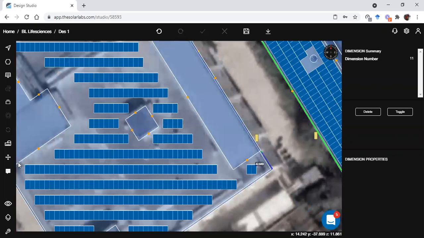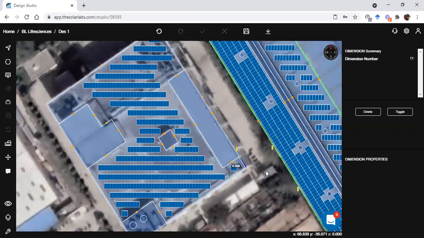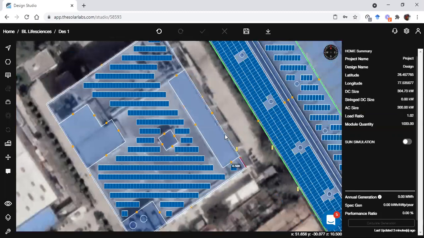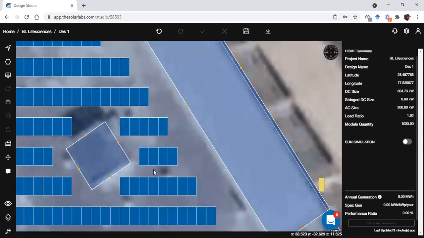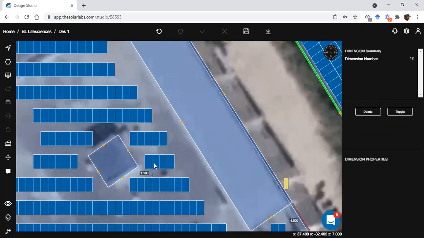You can do that between two tables, between two panels. Let's say I want to check the distance between these two panels. You can see it is 1.16. But if you change this, it will move any one panel only, because it is a 1 cross 1 table. So it will move a single panel.